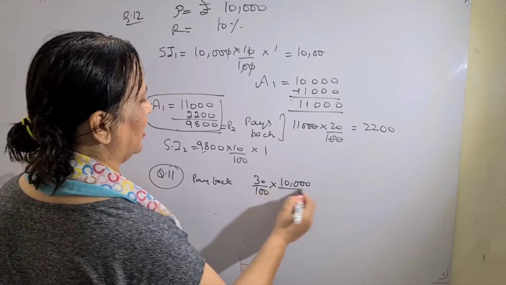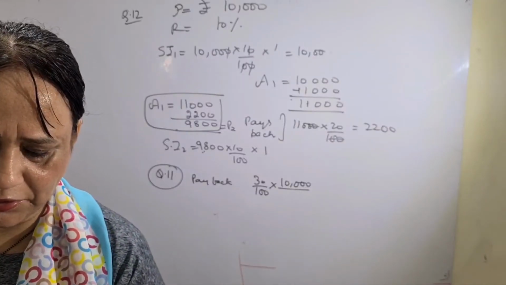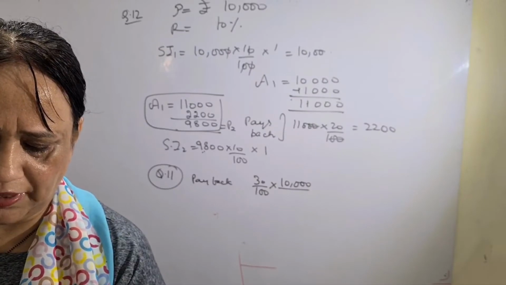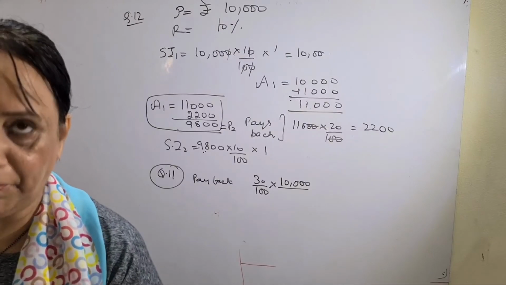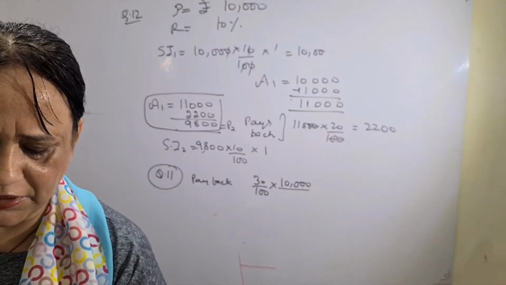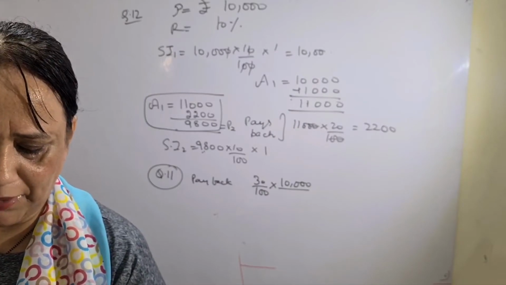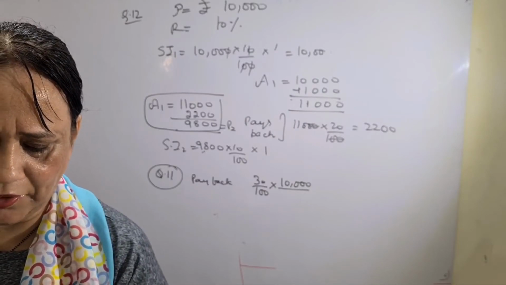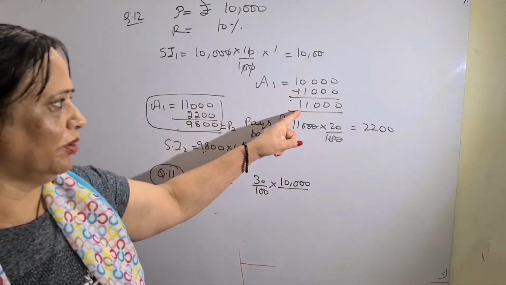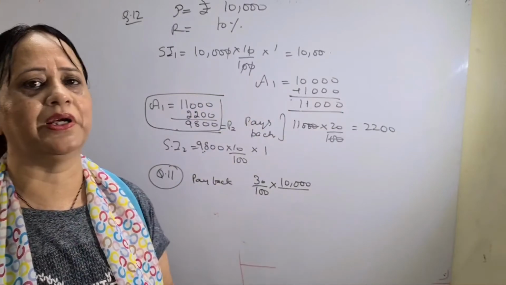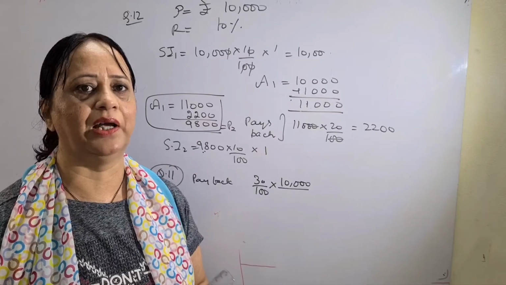Please be careful about the language, and underline also question number 11. And you can just read with me. A man borrows 10,000 at 10% CI compounded yearly. At the end of each year he pays back. Please underline it. 30% of the sum borrowed means 30% of the principal. And in question number 12, please go to the second line. At the end of each year he pays back 20% of the amount. So you have to find out amount first, then subtract. That will become the principal for the second year, and so on, and that is the language of the question.